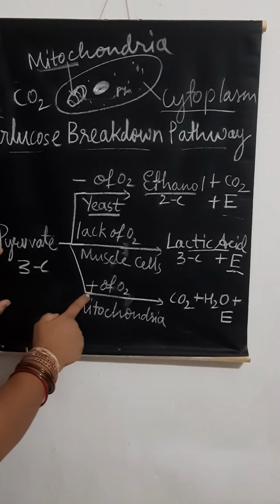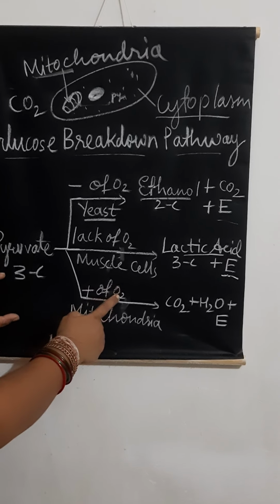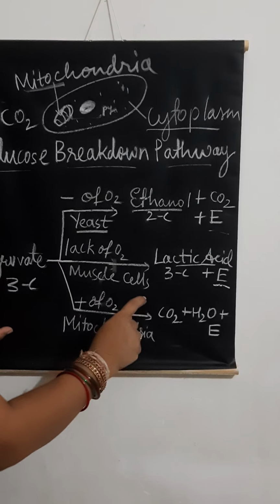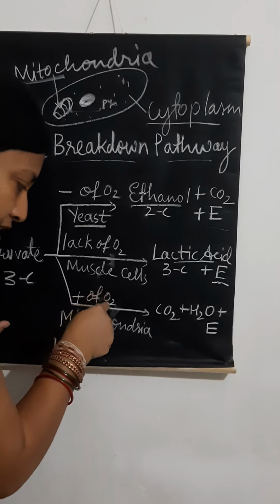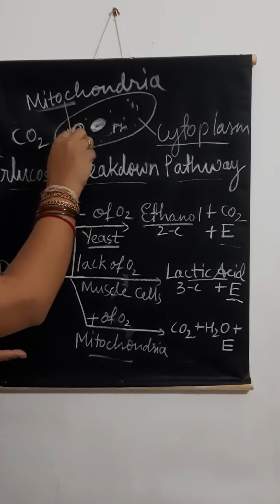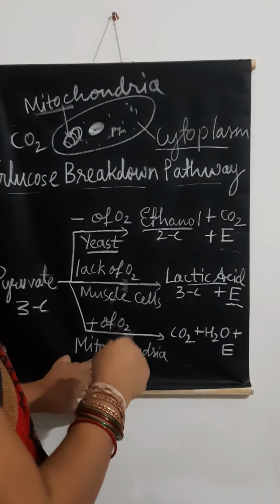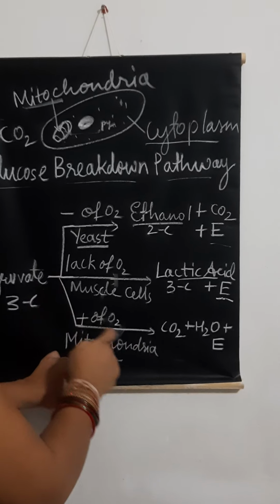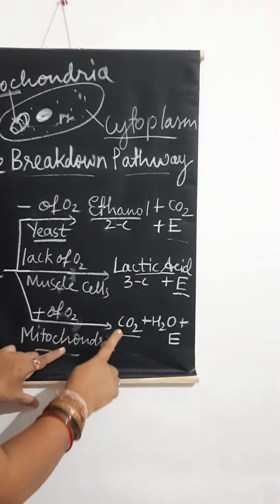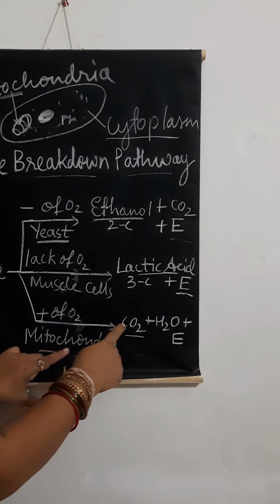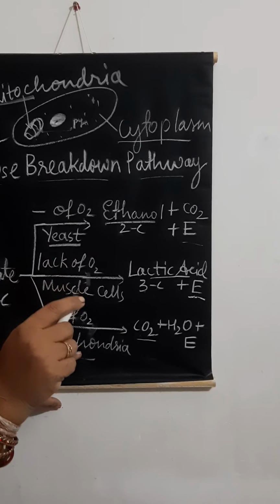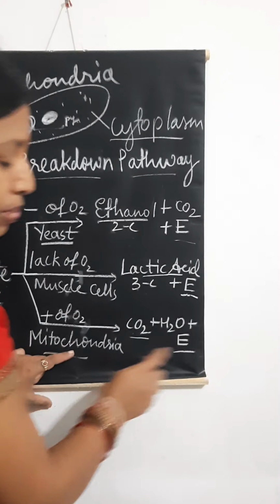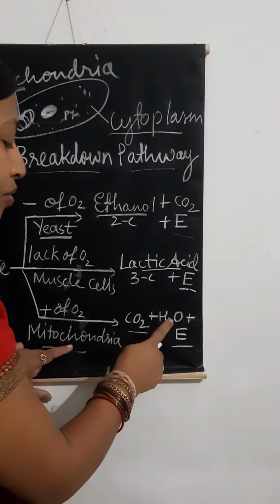What is this third process? If oxygen is present, then we call this breakdown respiratory breakdown or aerobic respiration. This is aerobic respiration where oxygen is present, and this breakdown occurs, as I showed before, in the mitochondria. And in the mitochondria, with the help of various enzymes, the pyruvate is completely broken down into carbon dioxide. See, this is a single carbon compound. And that is why we say that in aerobic respiration, there is complete oxidation of glucose. Hence, we get more ATP. Along with this carbon dioxide, water is also produced.